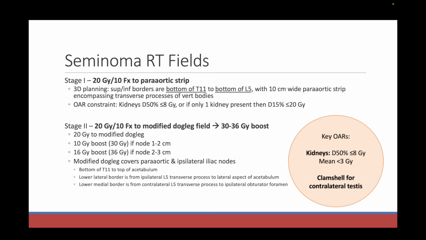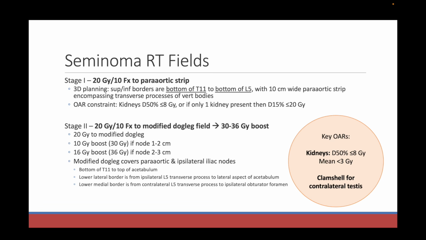So D50% less than 8 gray for the kidney, and your mean is less than 3 gray. Now, there is a paper on 3D planning with contouring these lymph node volumes. And this is a good paper to know to reference because in actual practice, you might want to have a target volume contoured. And if they press you to describe that, I think it's even more complicated than just memorizing